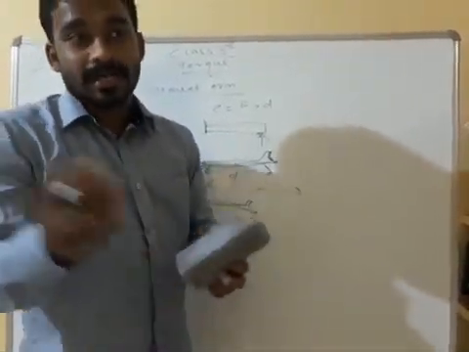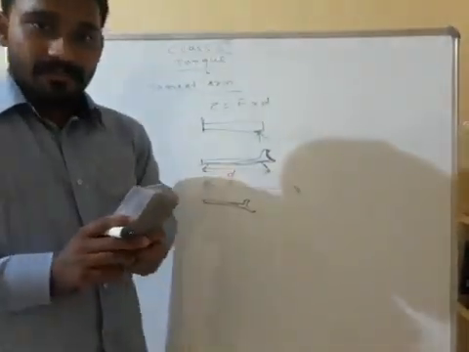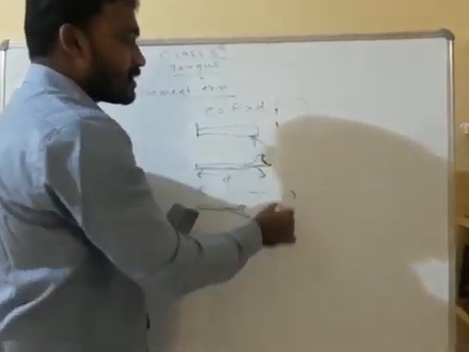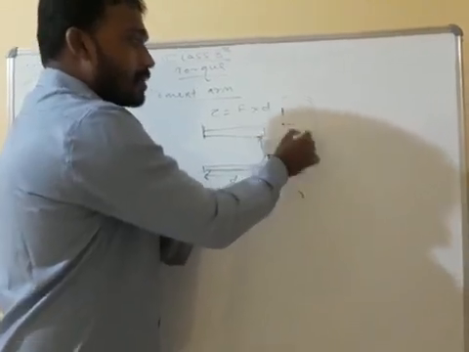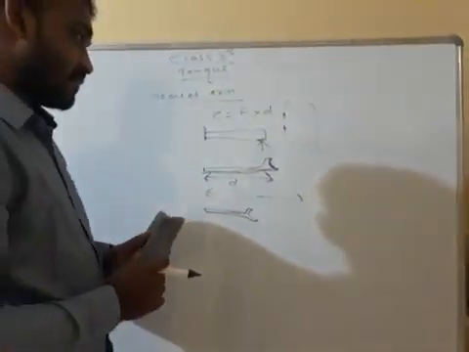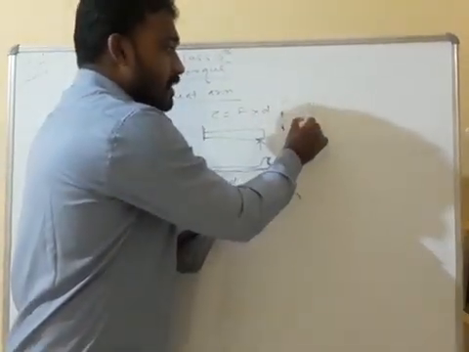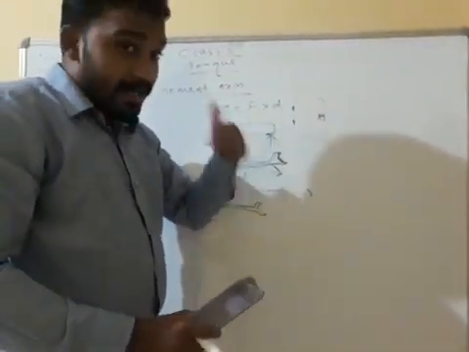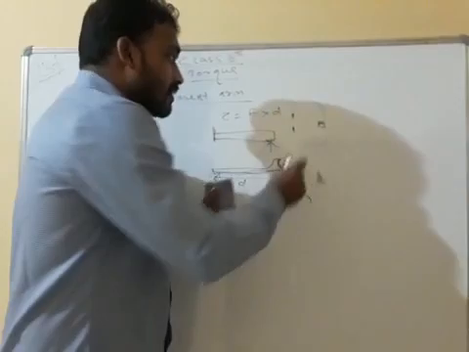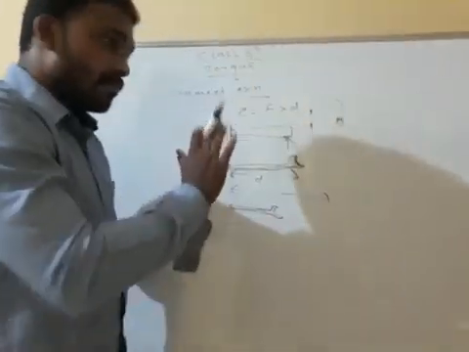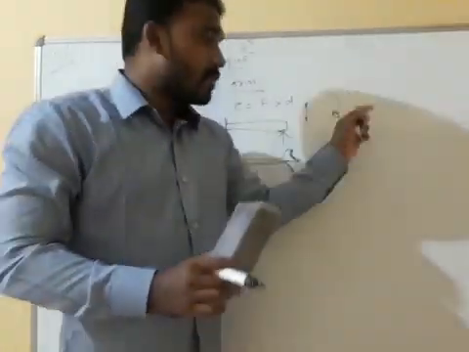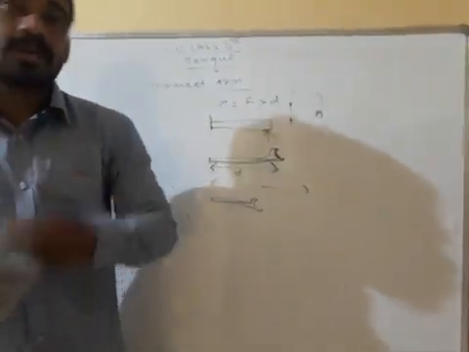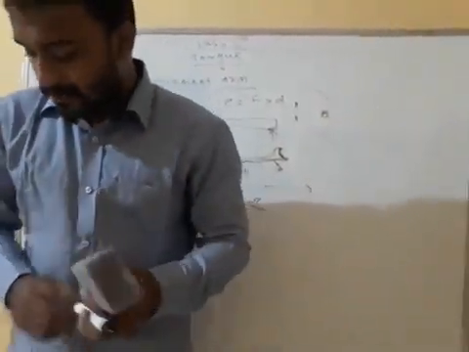Already I told one example about our door. In our home, the door has a hinge. Less force is required when you apply force at the handle, whereas at the middle a little more force is needed, and just near the hinge a large amount of force is needed to open or close the door or grill, whatever it may be in your home. Understood?